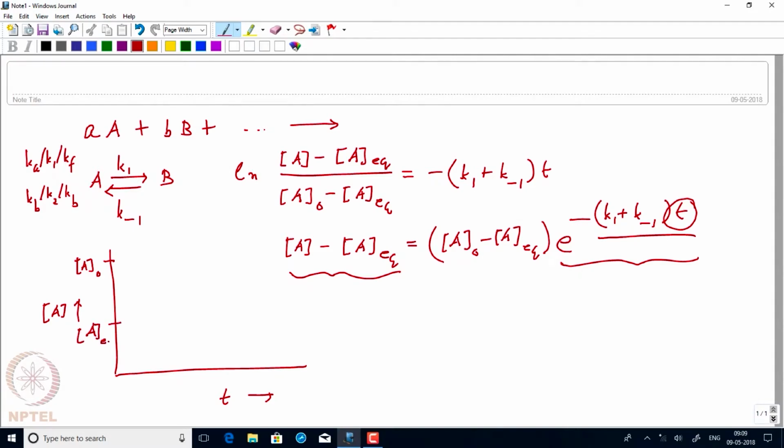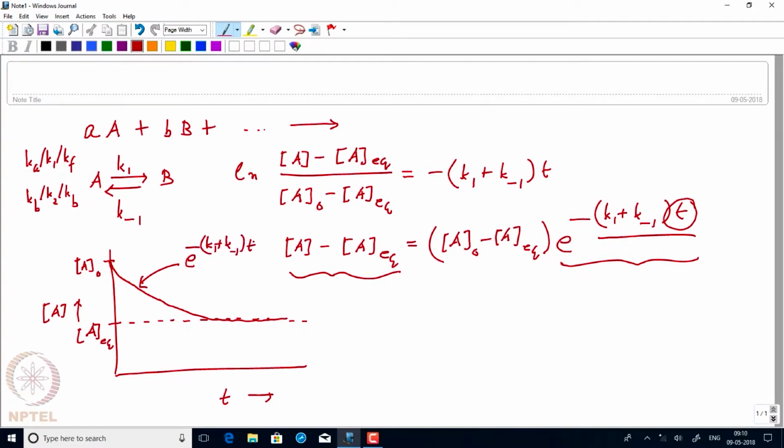Now A equilibrium is a constant. If we do not change the temperature, A equilibrium will be constant. So what we just learned is that eventually the concentration will drop, but it will not drop to 0. It will just reach the equilibrium concentration of A, and the curve will look something like this. So it will be an exponential decay, reaching exponentially to this asymptotic value, and it goes as e to the power minus (k1 plus k minus 1) into t,